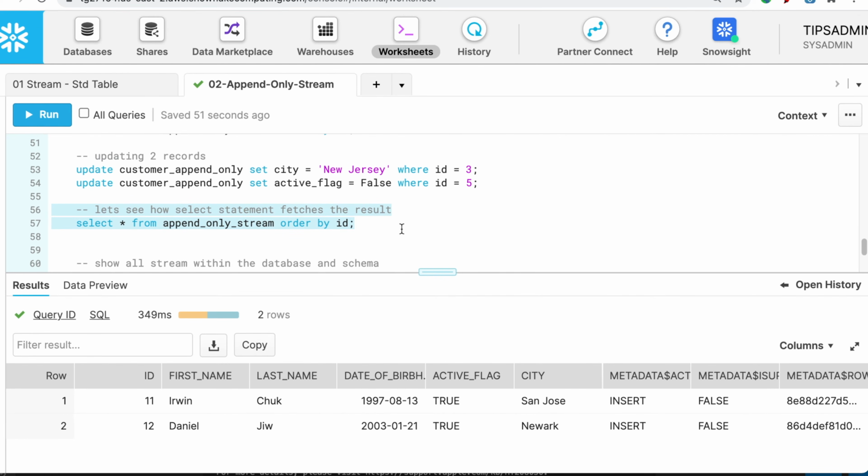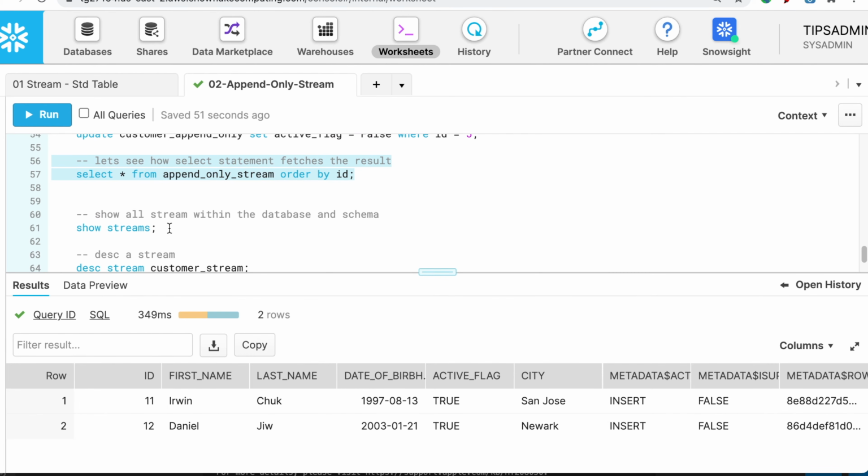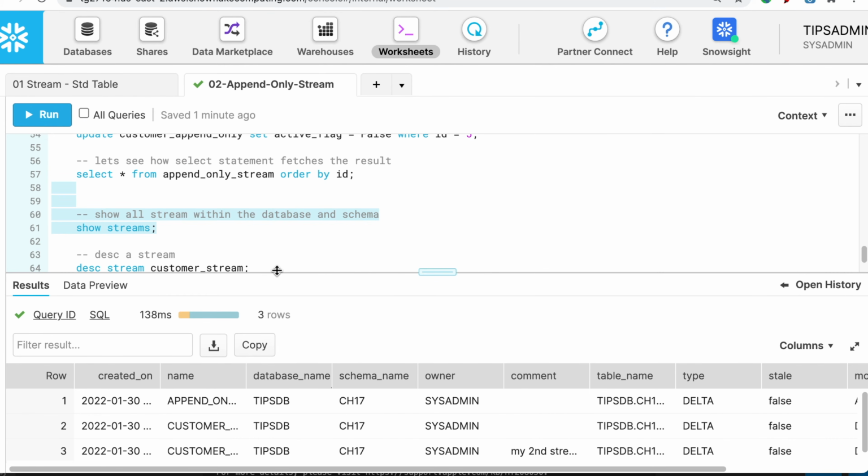So this is how the append only stream works. An append only stream only captures the new arrival records. It does not capture the changes which are done on the existing records. Now, if you would like to show all the streams, when I run the query show all streams,